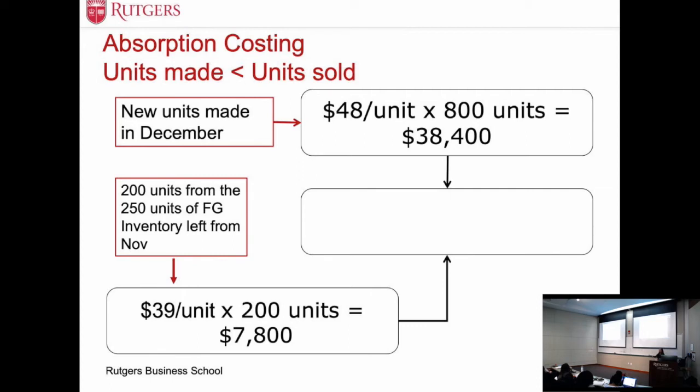So this is why the rule of first in, first out, or last in, first out, matters. Because if you have some balance left from the previous months, and the unit production cost is different in different months, that will impact your cost of goods sold in the end. So imagine that we use, let's say, LIFO, last in, first out,